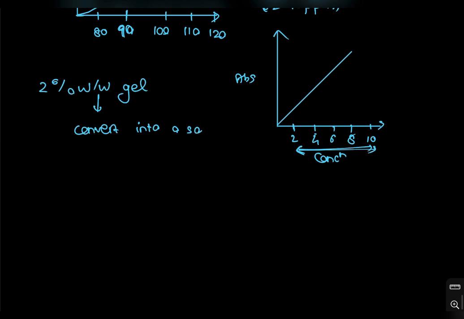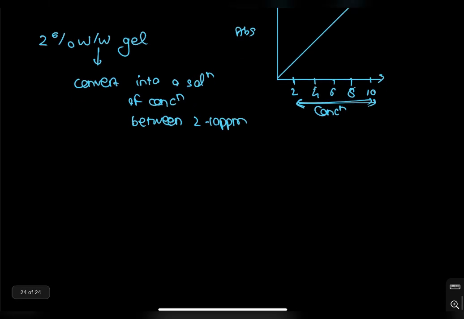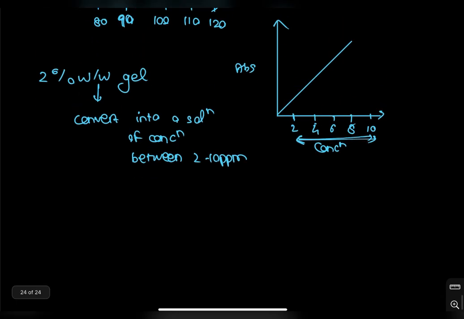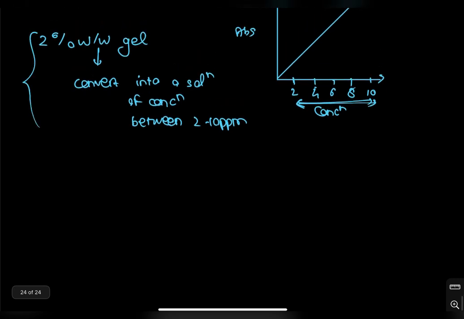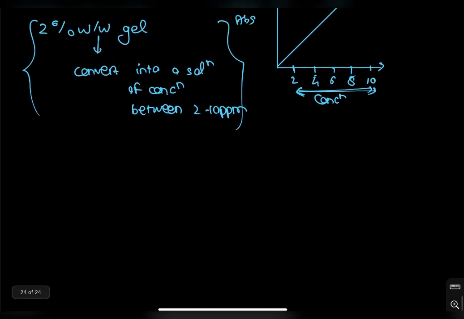a solution of concentration between 2 to 10 ppm. Okay, this is what you do in order to analyze the compound with the calibration curve method. All right, so we'll also learn how to do this. First, you just have to find this range experimentally, the 2 to 10 ppm linearity and proportionality range, and then convert